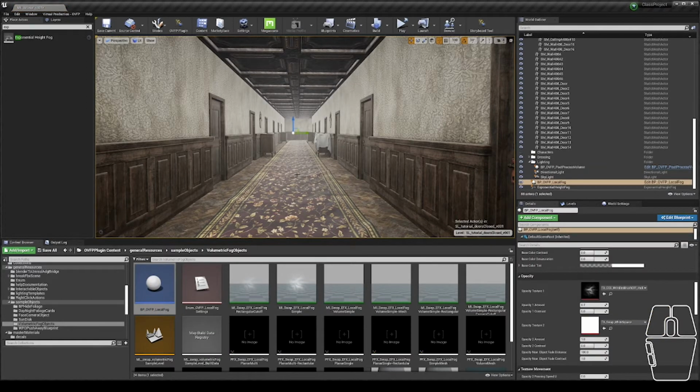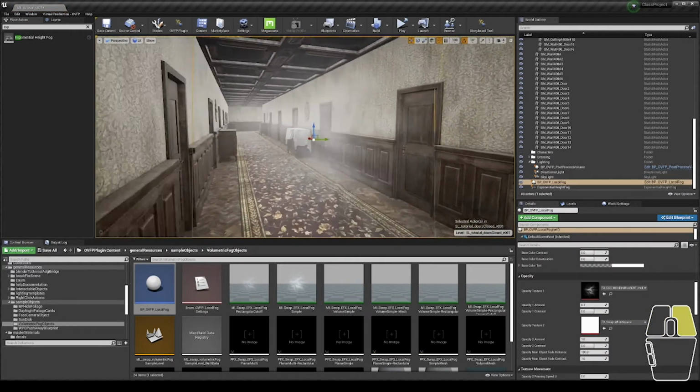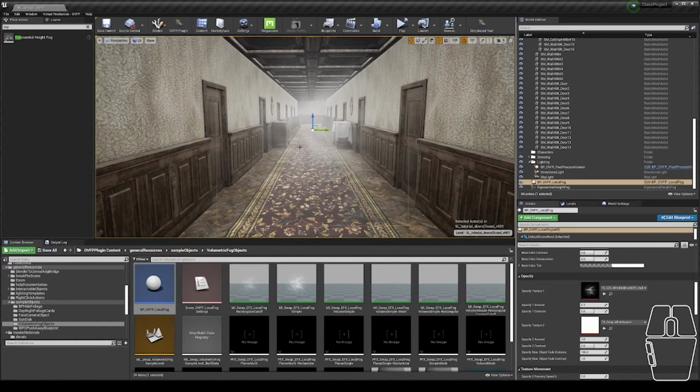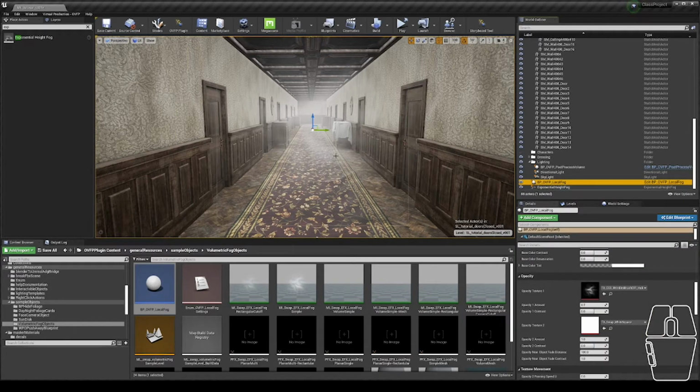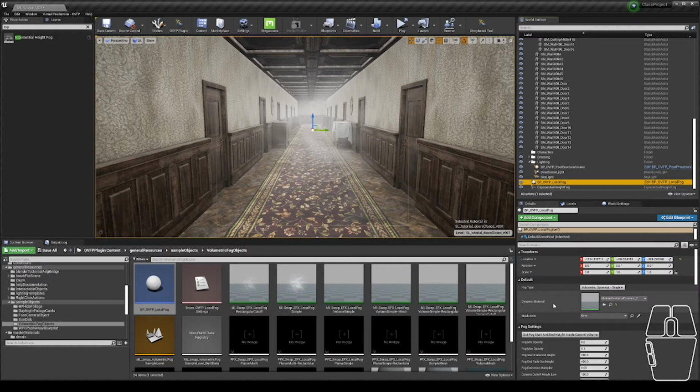Drag and drop that into the scene, and you'll see I have a little bit of a fog effect going on right now. If you don't see the fog when you first drop this into your scene, you need an exponential height fog object in your scene. In place actors, if you search for exponential height fog, drag and drop it into the scene, and you need to scroll down to where it says volumetric fog and turn it on. You can use this tool without volumetric fog, and I'll show you that as I go through the various different